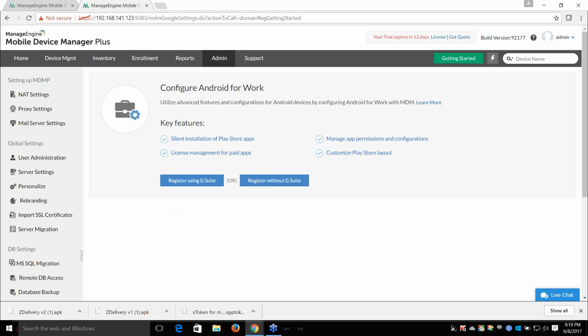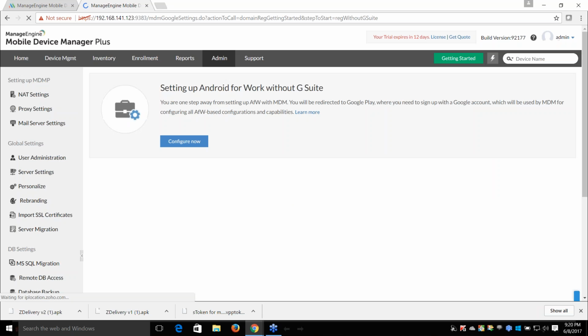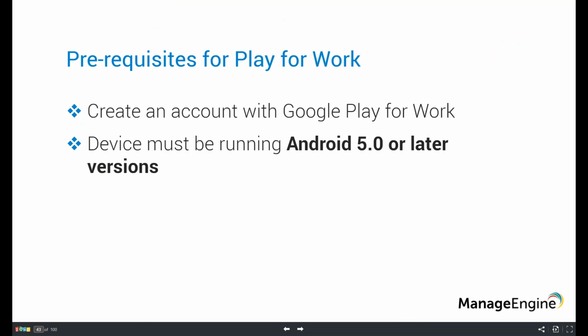G Suite is a set of cloud-based productivity apps provided by Google. I'll be registering without G Suite using my Google account. Now click on this and select Configure Now. You will be redirected back to Google Play for Work. Here,